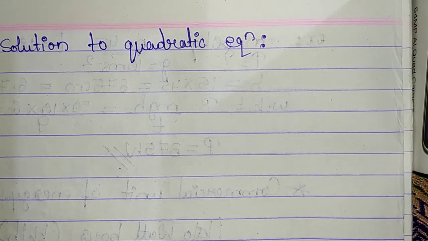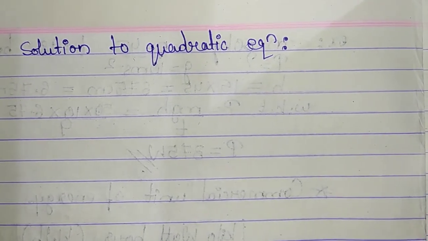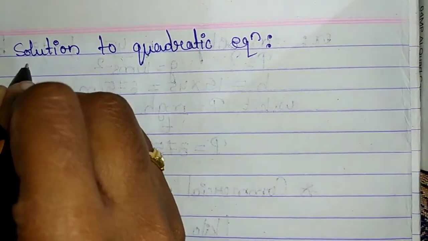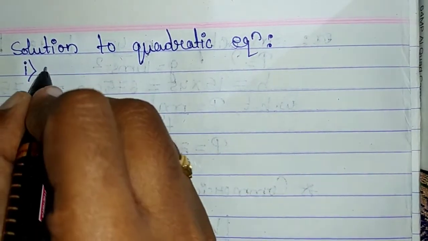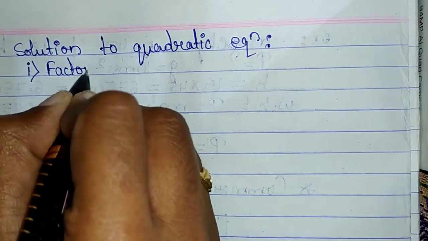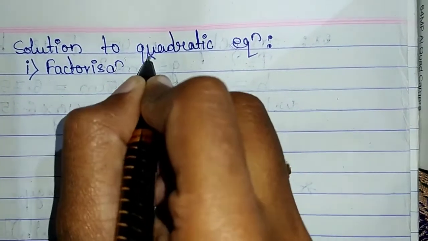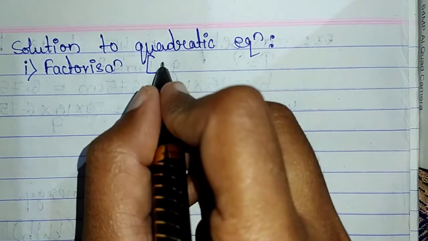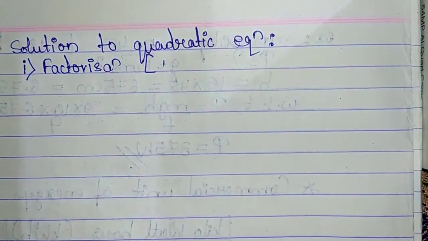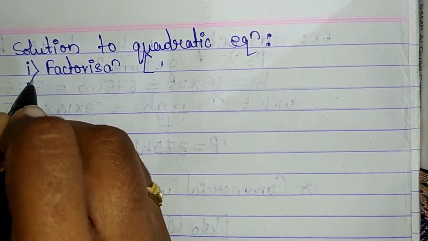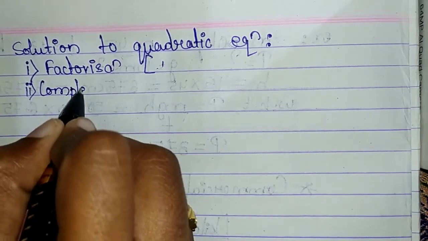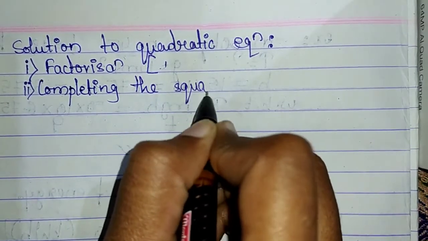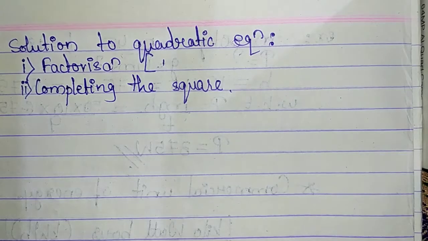Today we are going to discuss the methods of finding solutions to quadratic equations. There are three methods given in your syllabus, of which the first is the factorization method, which you learned in your previous years in the polynomials chapter, also called the splitting the middle term method. The second method is completing the square, but due to the pandemic, this method has been deleted from your syllabus.